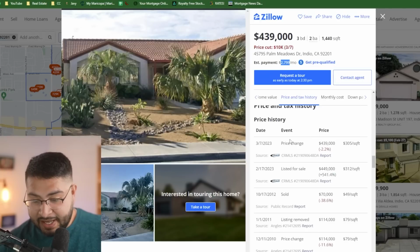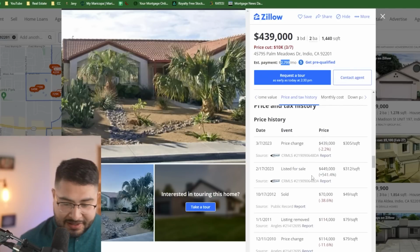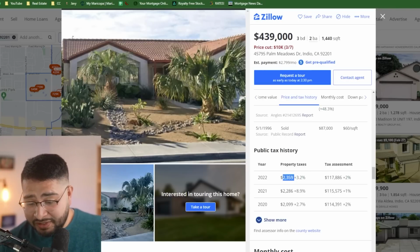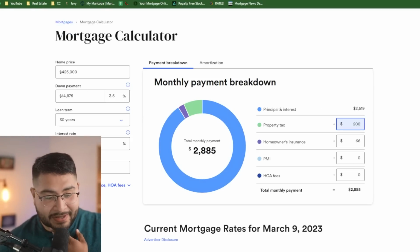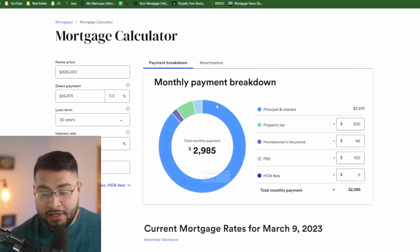We're going to hit price and tax and find out what the tax amount is. I know California is a little weird with taxes. I think they tax it every time it sells, I believe. I'm not too sure. So $2,400, that's actually not bad. It's about $200 a month. Homeowners insurance, we're going to leave at 66. PMI is not zero. It's definitely going to be probably 100. For starters, looks like your payment's going to be about $3,000